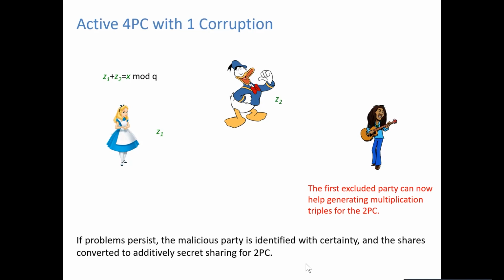What were the security guarantees of the 3-party computation protocol which you use here after excluding a party? After excluding the party? Yeah, after excluding one party, you continue with the 3-party computation on replicated secret sharing. What security guarantees did you have there? Do you have active security in that? So essentially, you are not completely sure if Charlie is the malicious one, right? So that's the main constraint there. Yeah. And then you move to,